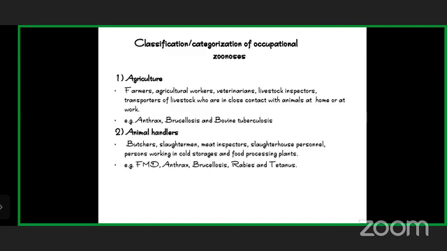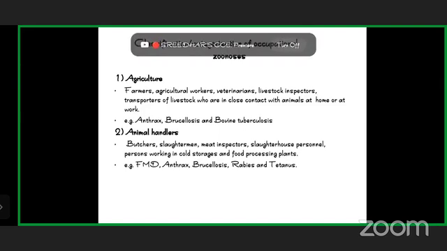As the name itself suggests, it is foot and mouth disease. This is a viral disease. Up to now, we just spoke about the bacterial diseases, but this FMD is a viral disease. So in this viral disease,